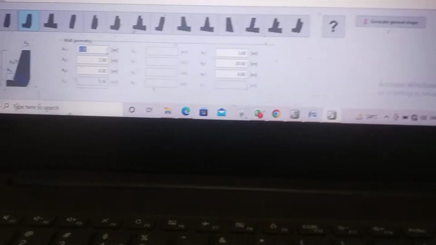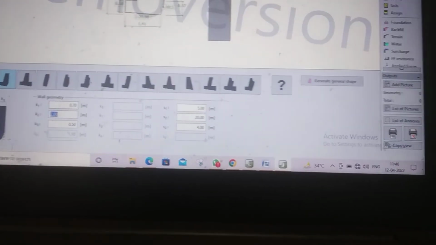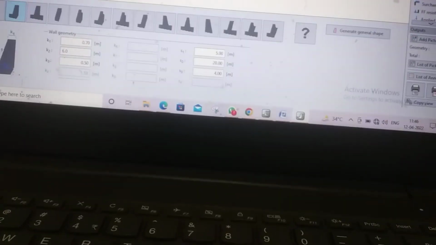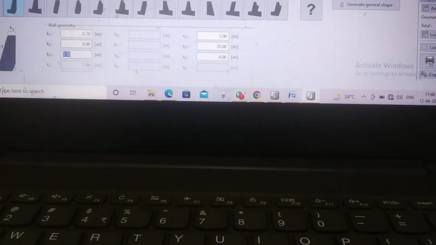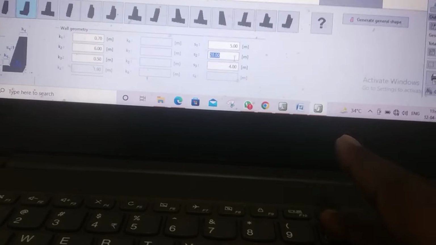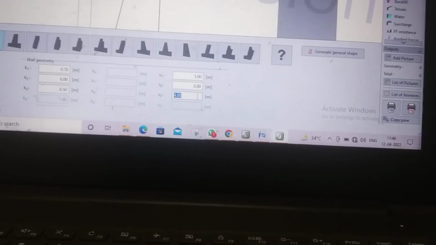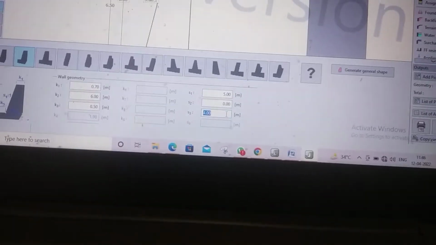We put the K1 value as 0.70, and then the K2 value 6.0. We don't have to use K3, so going with S1, which is basically the slope, that is 5. Then S2 is 0, then S3 again 0.